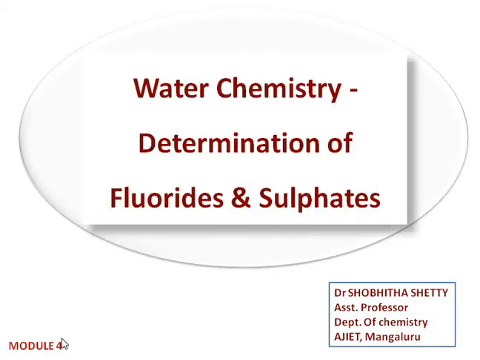Hello students. So today's lecture we will be discussing the concept related to module 4, that is water chemistry. So we will be discussing how the determination of fluorides and sulfates can be done. This topic is related to page number 30 to 31 of the study material that is given to you under module 4. So this is the last concept related to module 4.